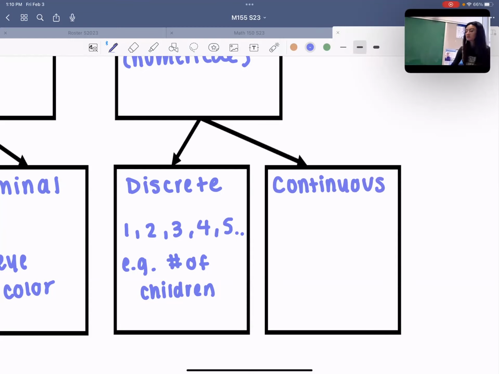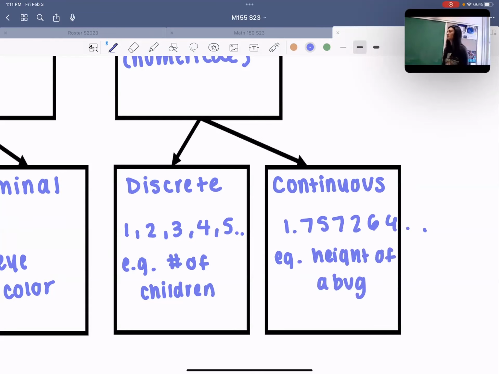And continuous data has a continuity to it. There's a range of different values. So an answer to a continuous type of question might be like 1.757264, right? Something that can be expressed using one of these decimals. Okay, an example of continuous data would be maybe the height of a bug,